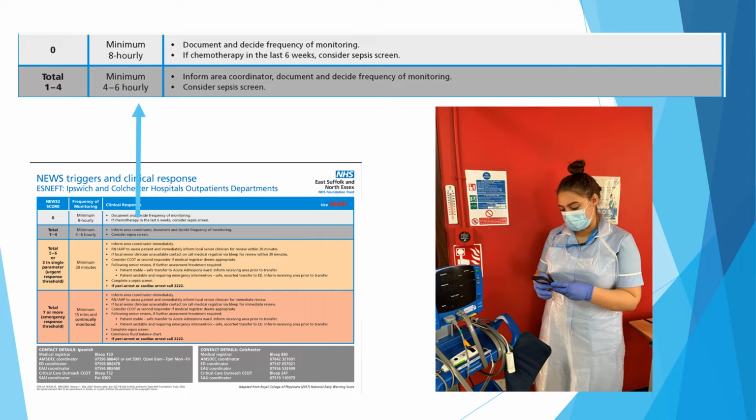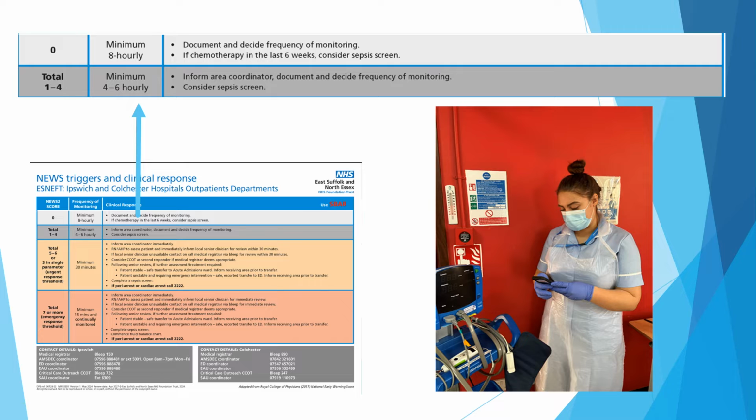If your patient has a NEWS score of 0, assess the patient, decide whether you need to increase the frequency of monitoring. If they've had chemotherapy in the last 6 weeks, they'll be at an increased risk of sepsis, and if they have become unwell whilst with you, then consider screening for sepsis. If the patient reports that they feel unwell, their relative is concerned that they are not quite right, or your clinical intuition tells you that they are unwell, then please do not hesitate to escalate to your local clinician despite